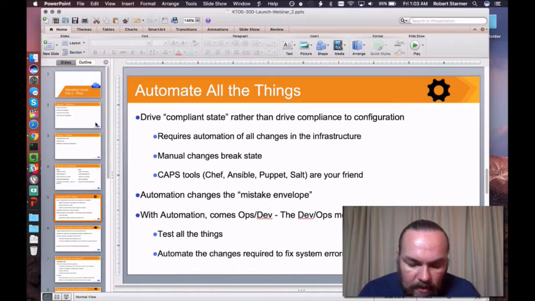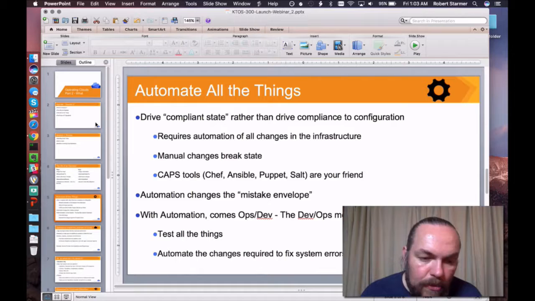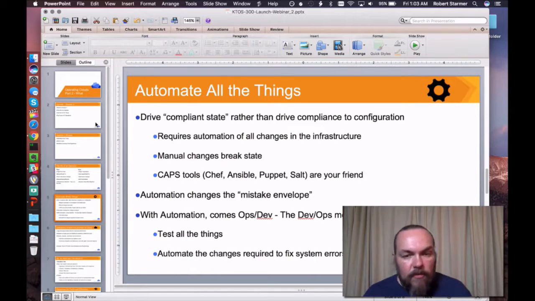But one of the nice things is that most of the CAPS tools have methods for actually dealing with failure to change state. If I actually request a different state to occur and the failure happens, as long as I've built my resources around that CAPS tool appropriately, especially for custom resources, I should end up rolling myself back to a known compliant and known functional state rather than leaving the system in an intermediate broken environment. This is one of the things that we as operators need to think of in terms of the development of our operations and compliance systems.